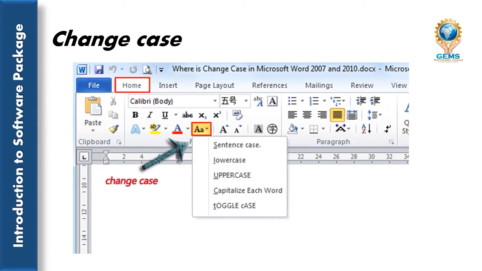It will show five different change case options: sentence case, lowercase, uppercase, capitalize each word, and toggle case. So we will see these cases one by one.